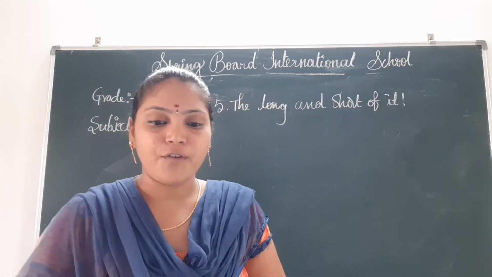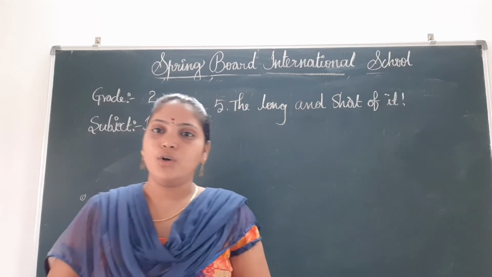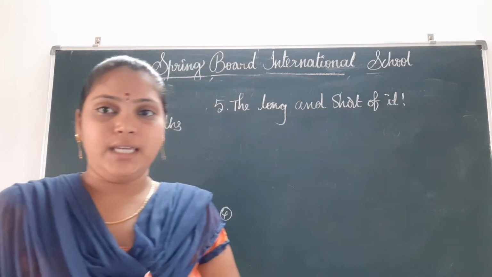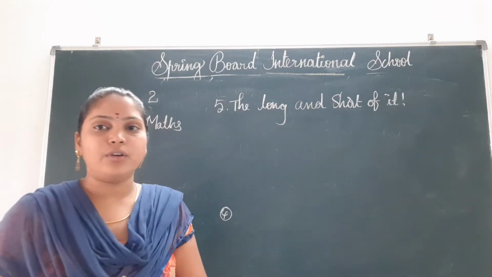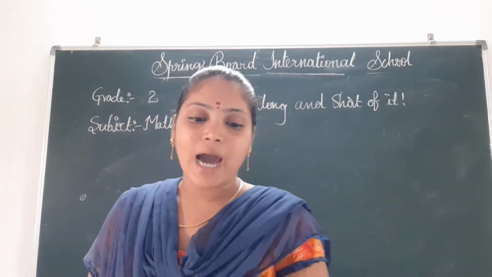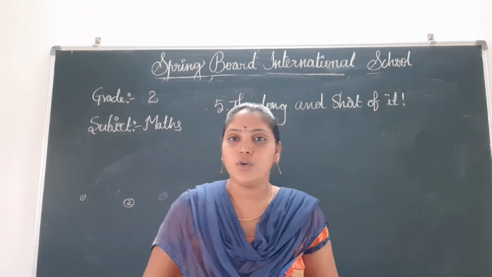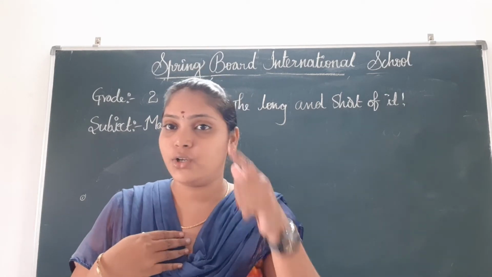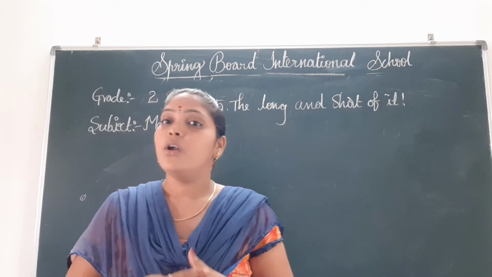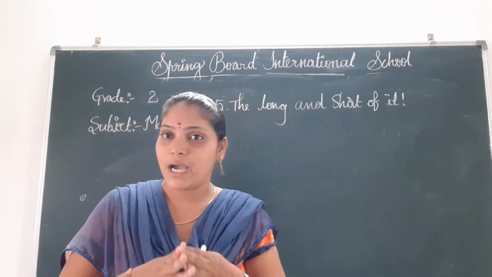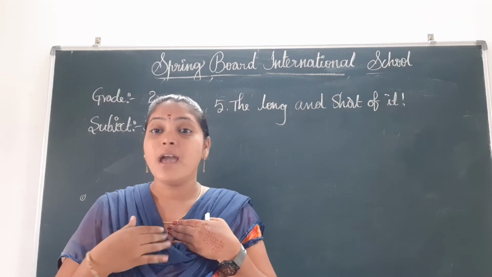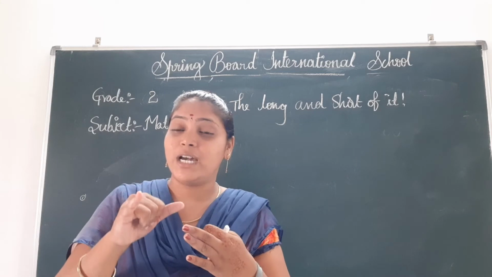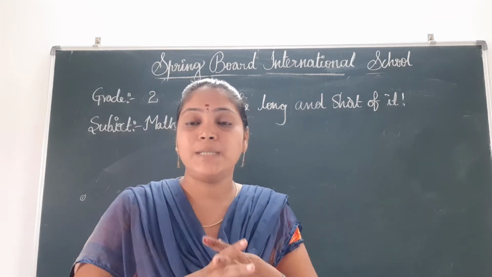You have to measure the desk like this and write the number of your hand spans. Next, the number of your teacher's hand spans. I counted the bench. The length of the bench is nearly 8. You have to write 8 hand spans. Are the two numbers the same? Tick your response. Is my hand span and your hand span the same, children? No. Why? Because my hand is bigger and your hand is smaller. So that's why your hand has many hand spans when we compare.